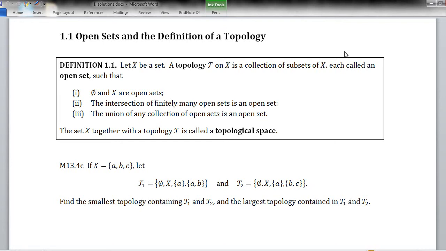Section 1.1, Open Sets and the Definition of a Topology. Definition 1.1: let X be a set. A topology T on X is a collection of subsets of X, each called an open set, such that, number